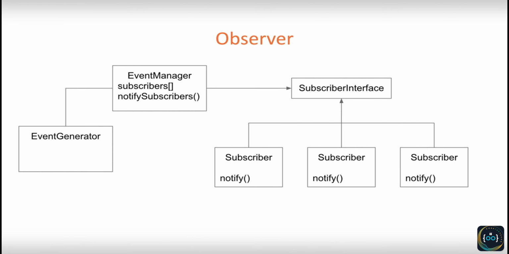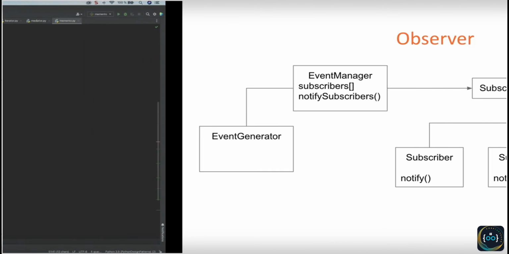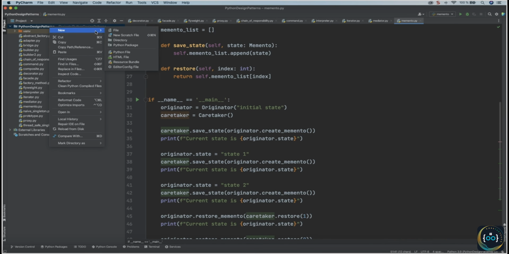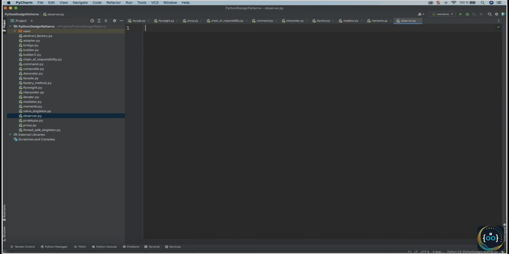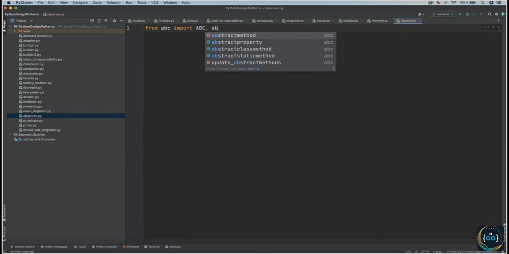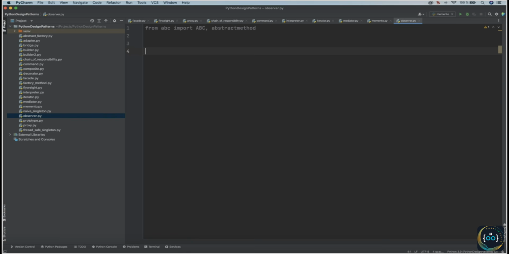Let's go to code and have a look at how we can implement this. So here I will create a new file, and I'm going to call this observer. Right, so first thing, I'm going to import from ABC, import ABC and abstractmethod, so that we can create some abstract classes. So the first one is going to be EventListener that inherits from ABC, and we'll define an abstract method called def update. And here we have an event type